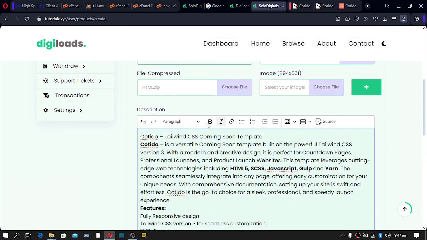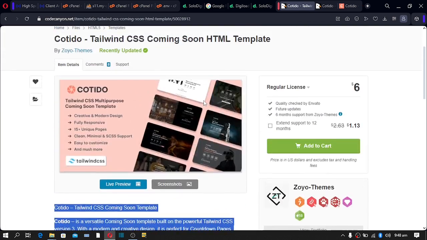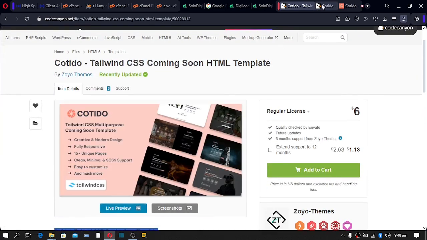And this is like a normal text editor. Very simple. They can even add what we call HTML code, do a lot of fancy things. So let's upload our templates. I will simply use